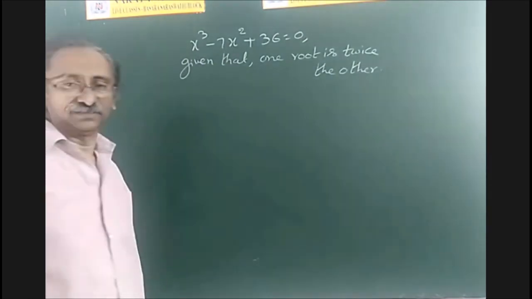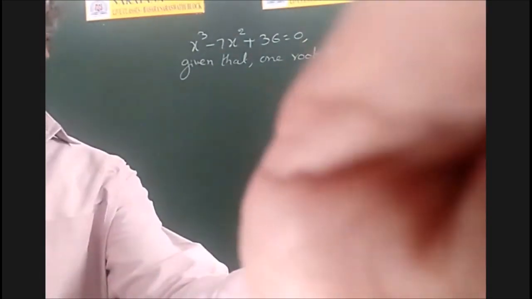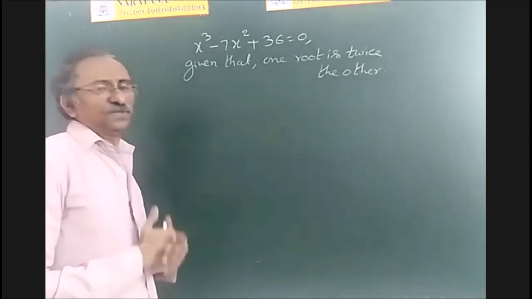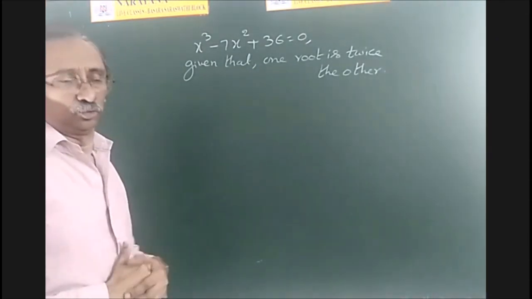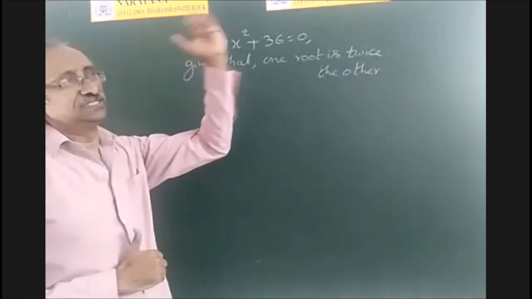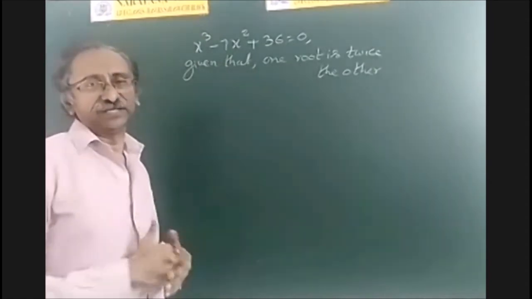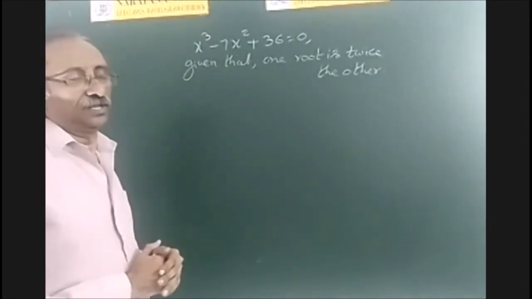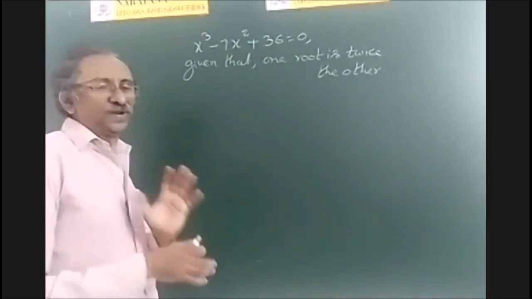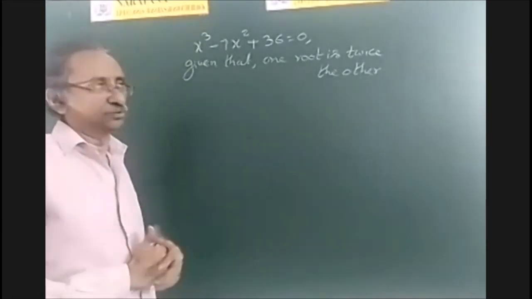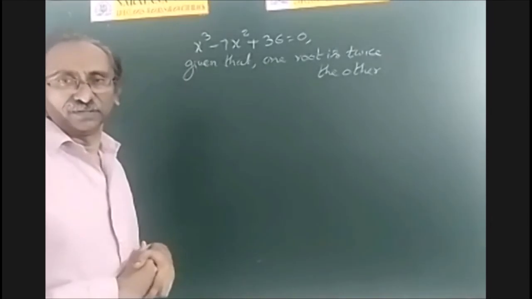So sometimes some condition will be given, because using the trial and error method, it may be difficult for us to find a root. Suppose the root is 10, 12, 13 like that. By trial and error, it may take so much time. That is one point. Suppose the roots are 2 plus root 3, 2 minus root 3 like that. So rational roots or imaginary roots, we cannot get by trial and error method.